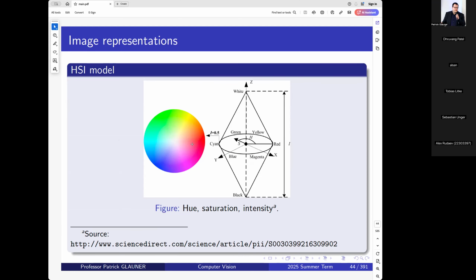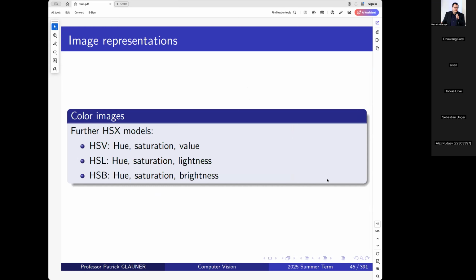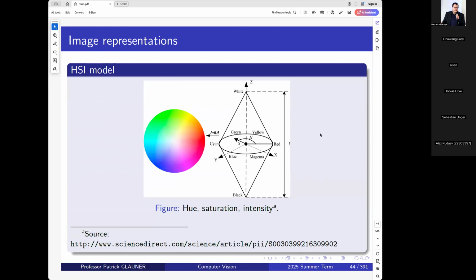If you use some program like, I don't know, Photoshop or other tools, you definitely have seen something like this in which you have maybe some circle like this and you can pick the color and you can manipulate the parameters. So this may be something that you have seen before. Now, HSI is one of many models of that sort. There's a huge family of variations in which they all slightly differ. It's typically they differ about this intensity. Sometimes it's two cones, so we have one cone here and the second cone here. There are some models where it's only one cone,